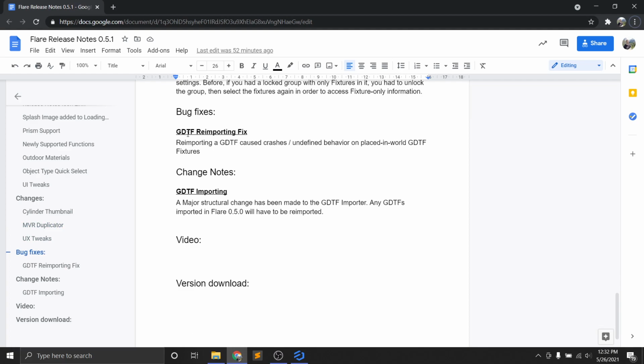And then some bug fixes. So when you import a GDTF, if you re-import one, it won't cause any crashes or undefined behavior when placed in the world. So, and then one final thing to note here for our GDTF importing, we've done a major structural change. So any GDTFs that have been imported in Flare 0.5.0 and you want to work in this one will need